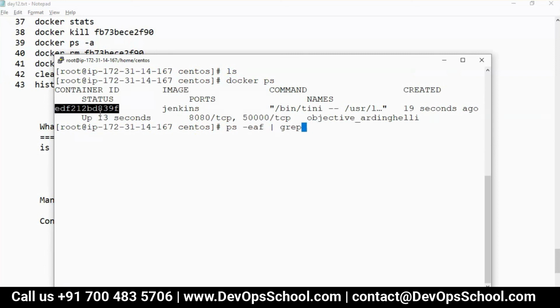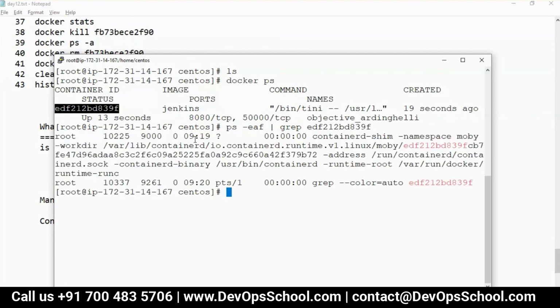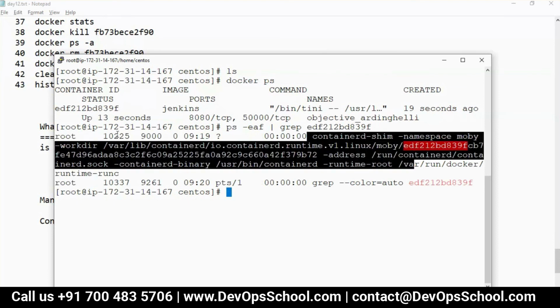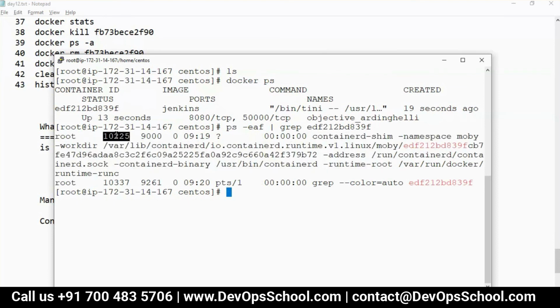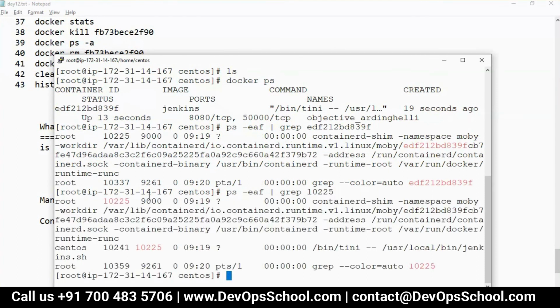I trace first myself. Now see here. I'm grabbing the, what is the container process? See here. Look at this. Container ID. 10225. Can I process and trace back 10225? 9000.